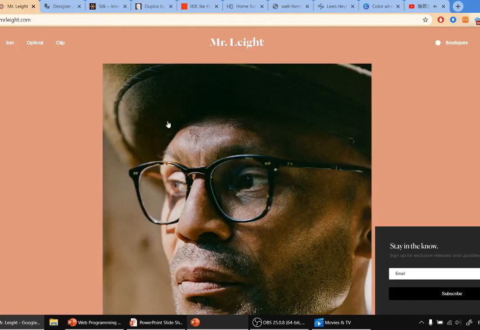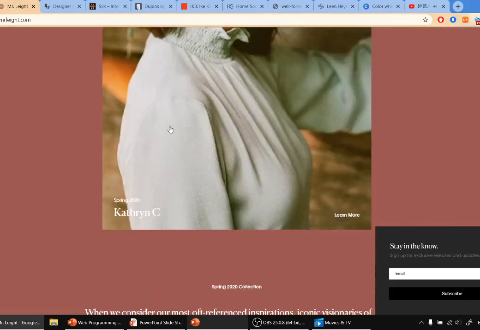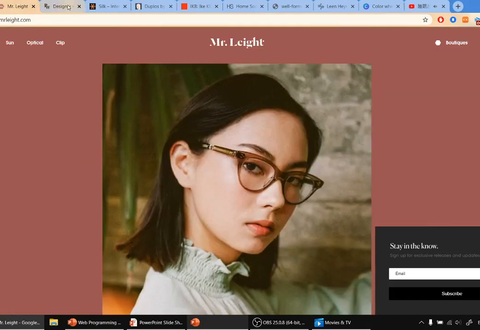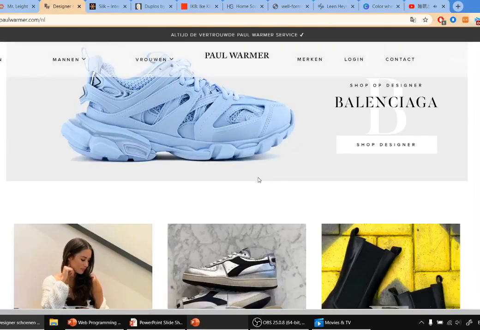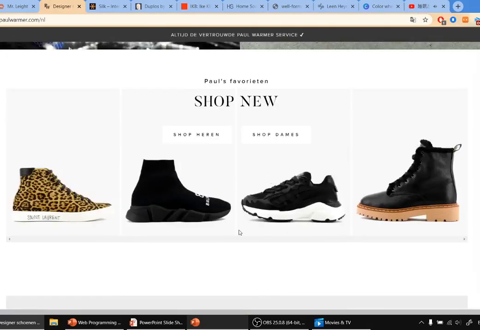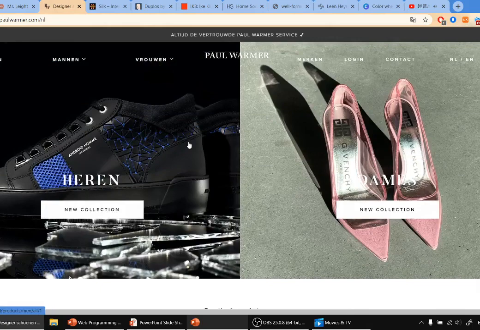Okay, this is also symmetrical if you cut in half. This one too, it is symmetrical. The hierarchical level of each of the elements is similar. Okay, now